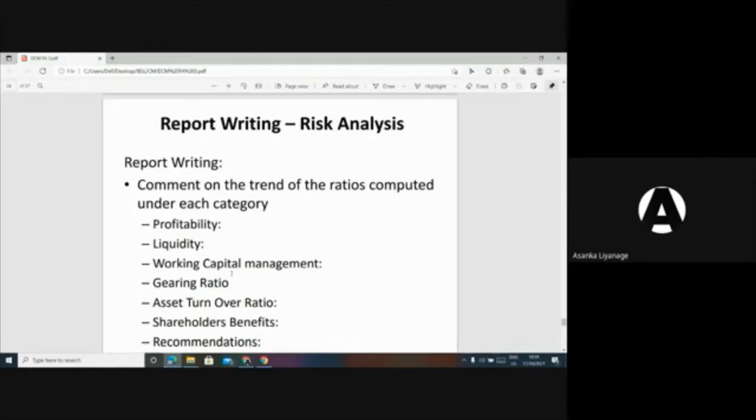Comment on the trend of the ratios computed under each category. First, you have to comment on the trend analysis, that is profitability, whether it is increase or decrease. Liquidity, whether it is in par with the industry averages, whether it is acceptable or not. Working capital, gearing, asset turnover, shareholders, and your recommendations. The first part of the question, the answer sheet should carry these things: the calculation of the ratios, then the interpretation of each category,